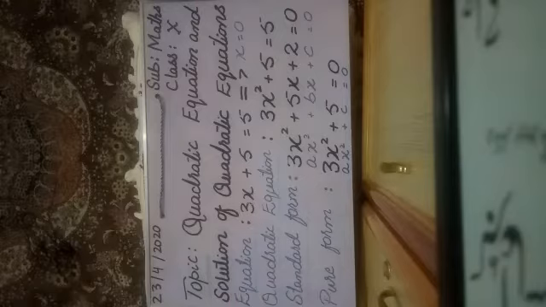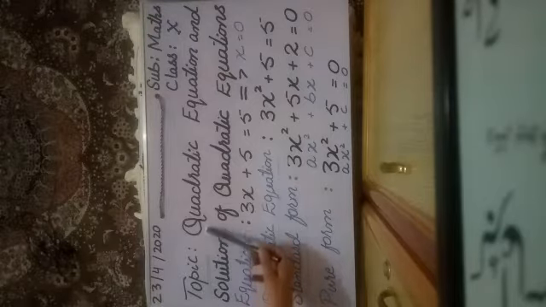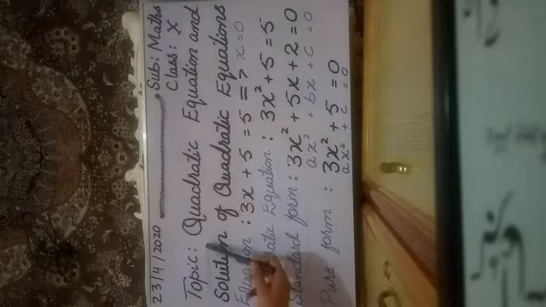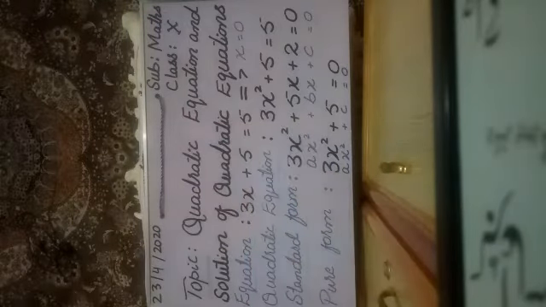Before proceeding towards the topic, let me state here that you must achieve 3 objectives at the end of the lesson. One of which is that you must be able to define the topic. The second one is that you must be able to tell the practical implications of the topic. And the third one is that you must be able to solve the sums or the exercises related to the topic. So let's move towards the first objective, which is to define the topic, and the topic is quadratic equation.